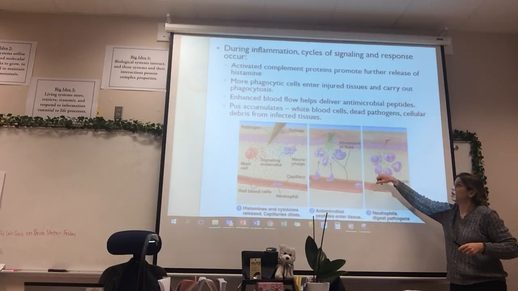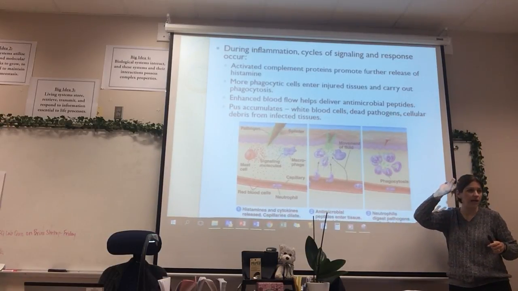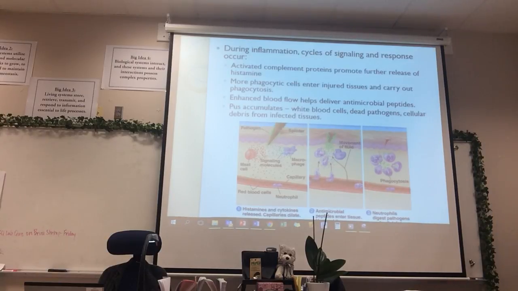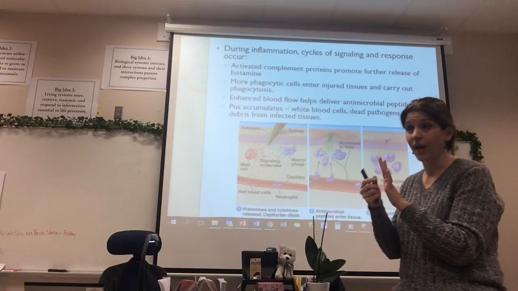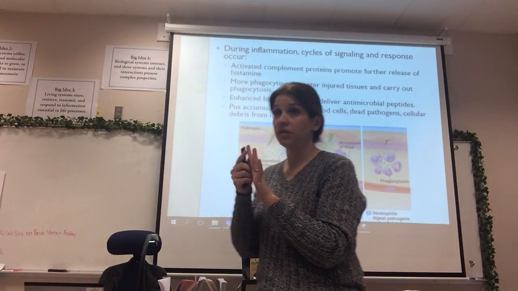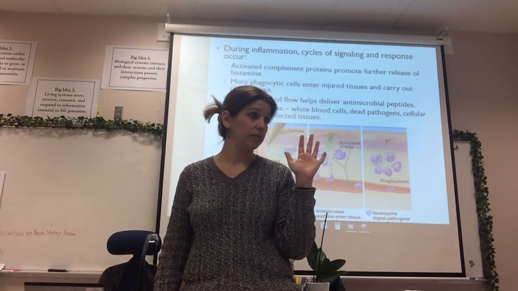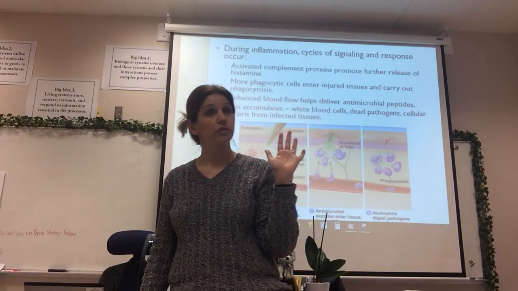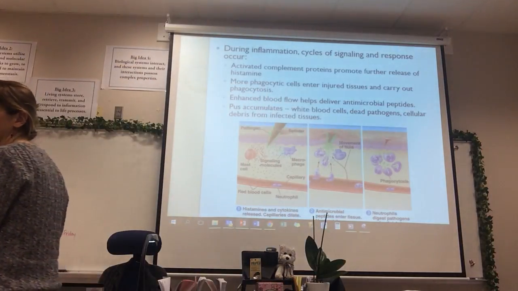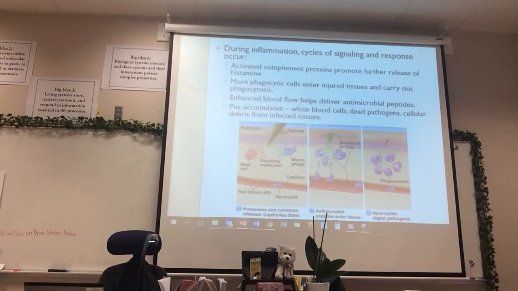And in the end, you might have a little pus pocket. You probably all have a little pus pocket. Pus is white blood cells. I know, disgusting. Pus is a sign of your immune system doing what it's supposed to do. Pus is a sign of infection because it is your white blood cells that have attacked pathogens, and then once they have attacked the pathogens, they die. And so the reason pus is white is because they're all your white blood cells. Kind of gross. But we like that because otherwise we would just be one inflamed, disgusting mess.